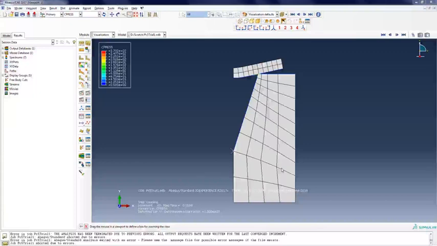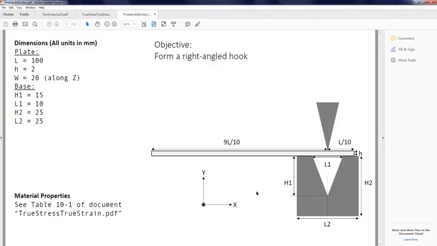Now let's really examine this problem, and let's have a look at the problem definition. This is a sheet metal forming problem, and this is a sketch of the problem, an idealized sketch. In reality, however, we don't have a sharp point load, neither do we have sharp corners for the base. So in the real lab, we would have a rounded loading tip and corners with fillets.